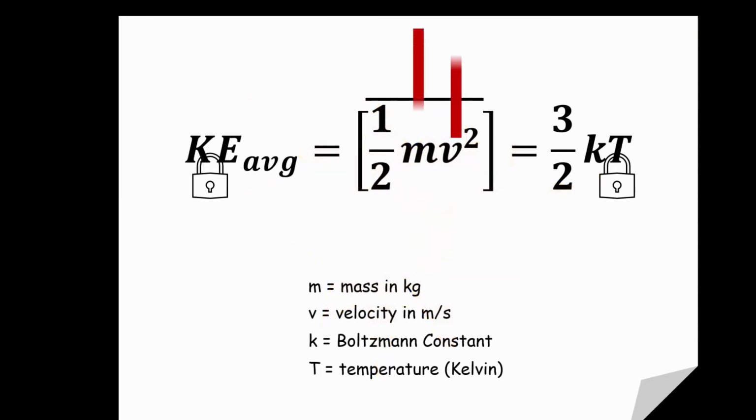Or, of course, if we decrease the mass, the average velocity would go up. And one thing I want to point out about this equation is that we have a bar over this. So we have an average kinetic energy, which is equivalent to 3/2 times the Boltzmann's constant times temperature, and that's also equivalent to 1/2 the mass times the velocity squared, but we have to take the average of this expression, so it's the average kinetic energy.